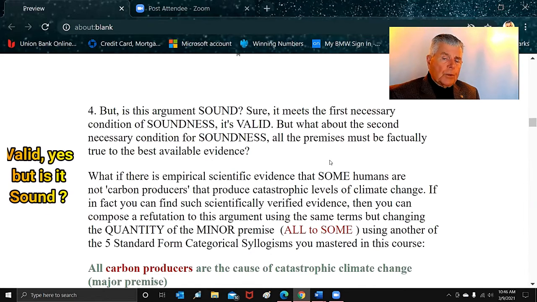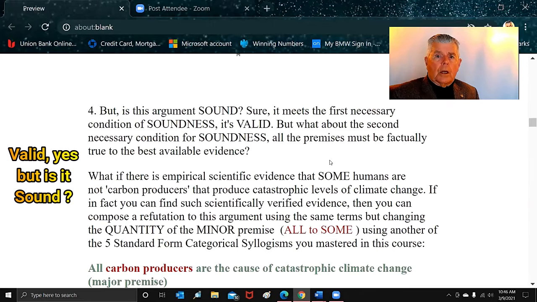So it's very difficult to prove an all. And I want to say that across the board, you need a universal affirmative or a universal negative to have a valid categorical syllogism. We know that, right? But if you have a conclusion that is a universal, it's going to be difficult to prove, because all your adversary, your opponent in the debate, has to do is find one exception to your universal affirmative or universal negative conclusion. Just one,